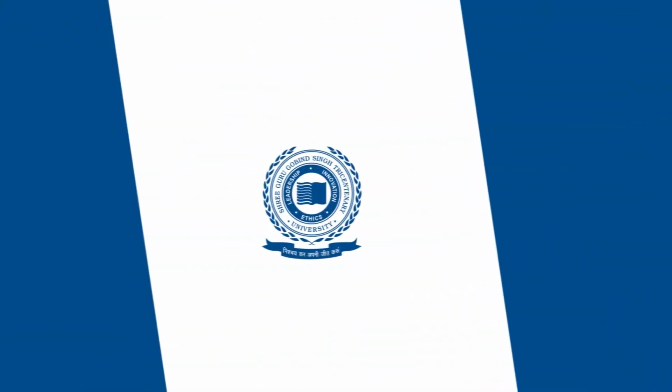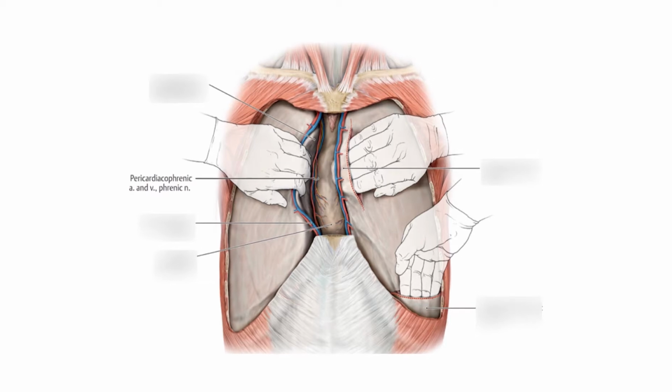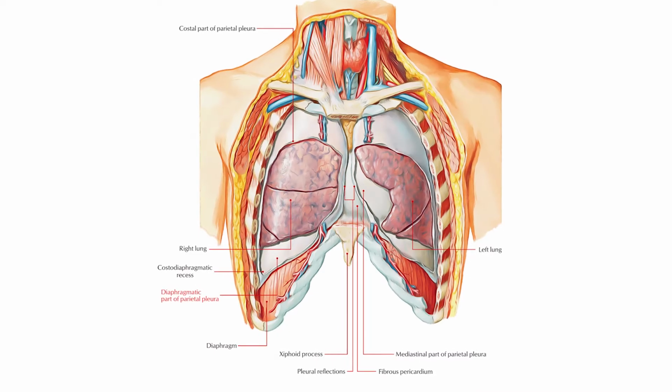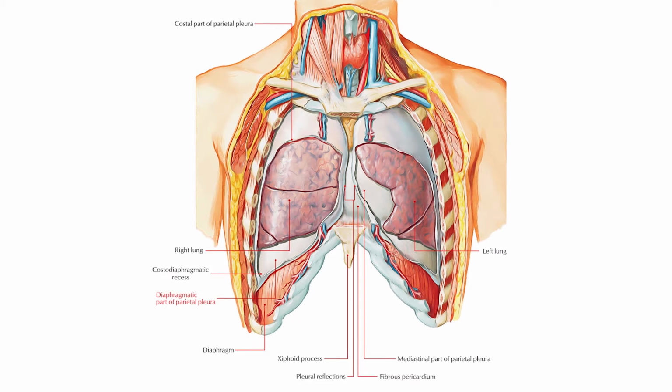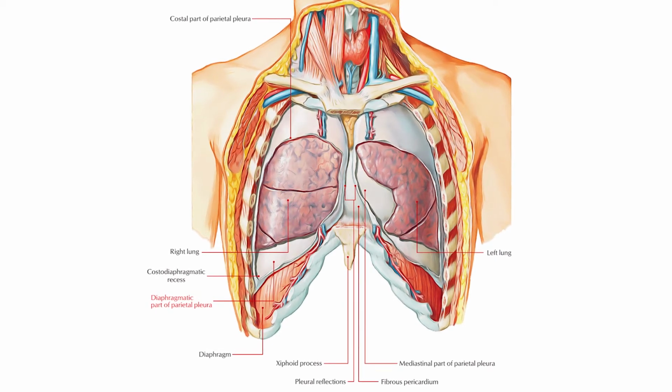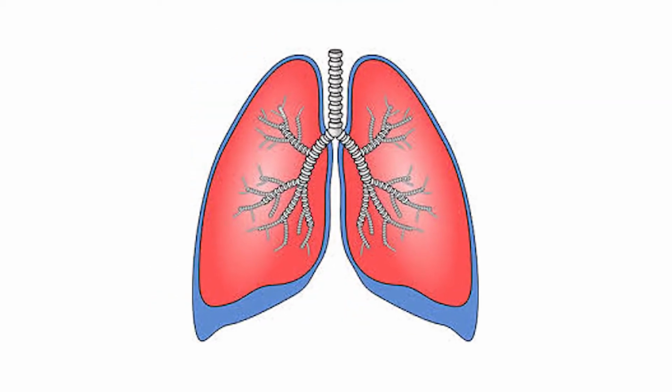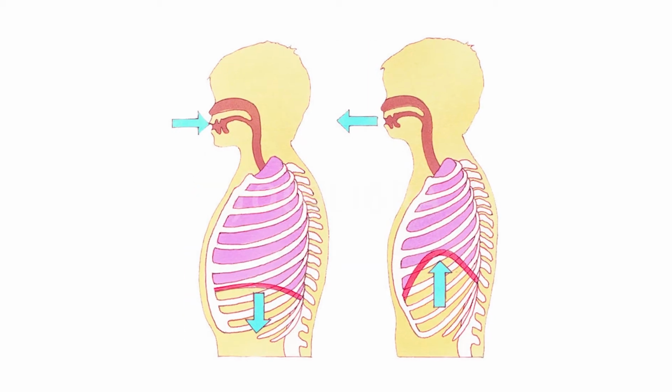Today, we will be learning about blood supply and nerve supply of pleura along with its clinical anatomy and surface marking. Let's talk about recesses of lungs. There are two recesses of parietal pleura. First question arises, what is recess of lungs? Recess is nothing but a potential space or reserve space for the lungs to expand during deep inspiration.